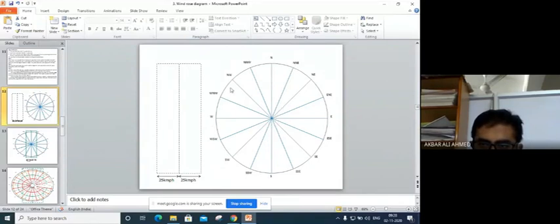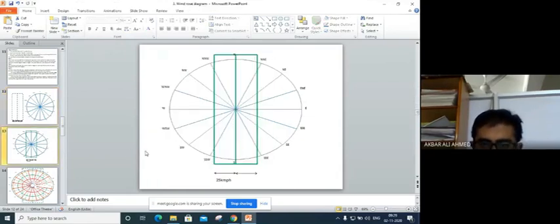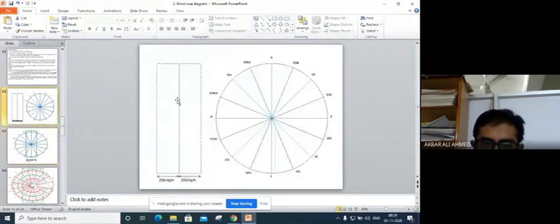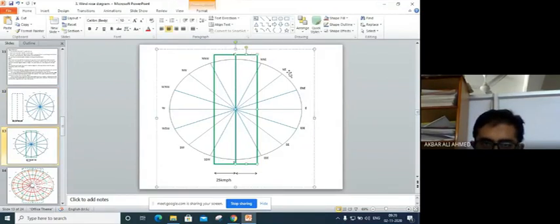You draw these radial lines, and this crosswind component transparent paper, you bring over to the crosswind diagram and overlap it in such a manner that the center of this diagram and the center line pass through each other like this. I have just brought this paper over this wind diagram. It is not mandatory that it will be exactly vertical. It can be in any orientation.